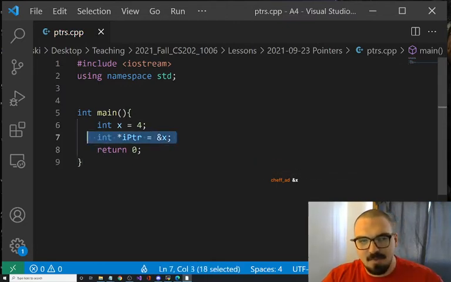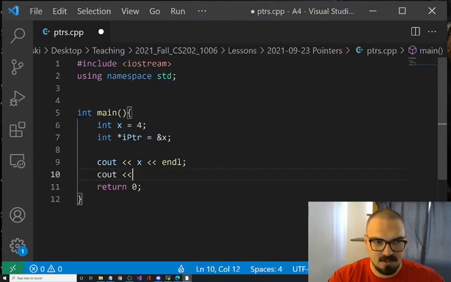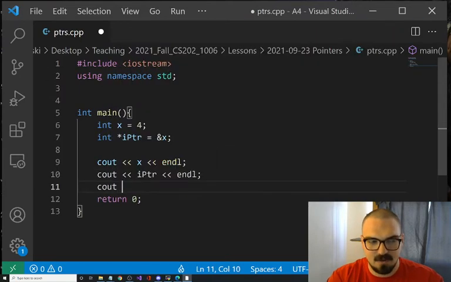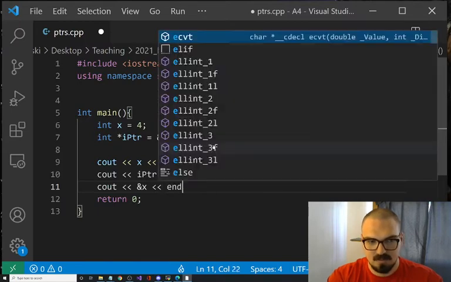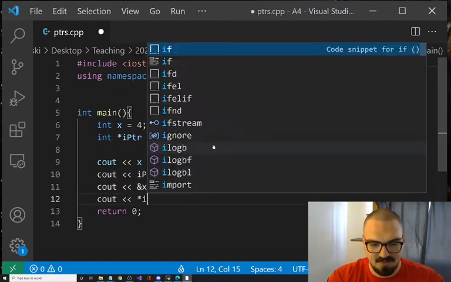Now this, you won't be doing this very much, all right? This is just me showing you how it works. So you can see out X. You can see out the i pointer. You can see out the address of X. And you can see out the dereferenced version of the i pointer.